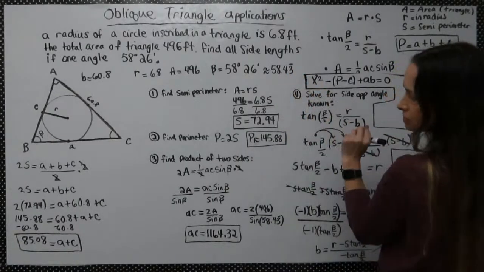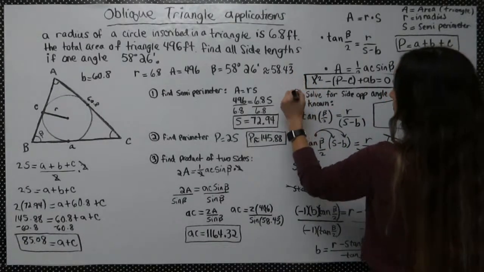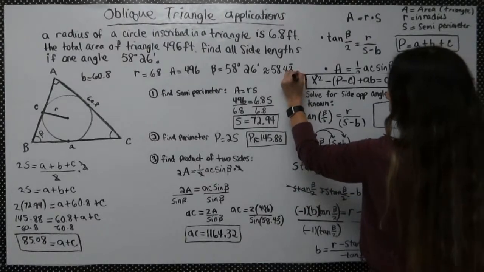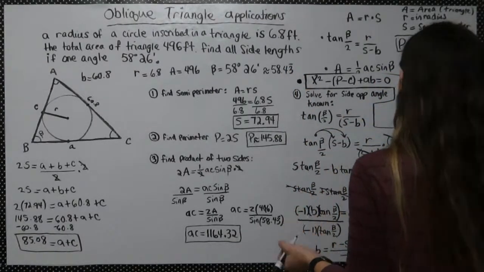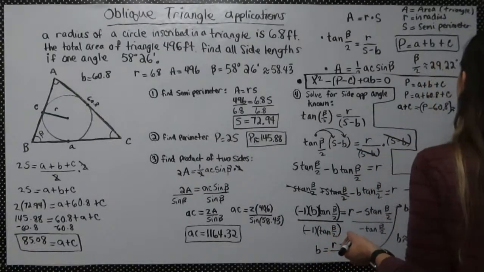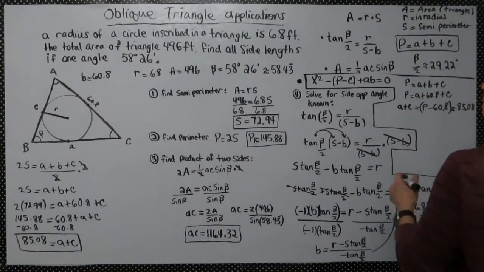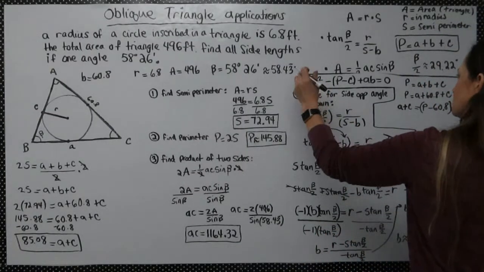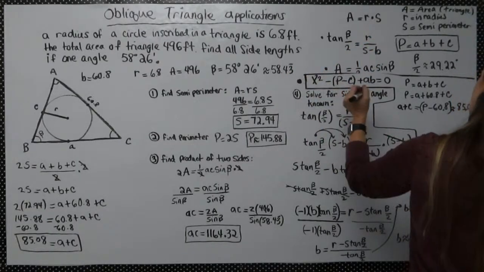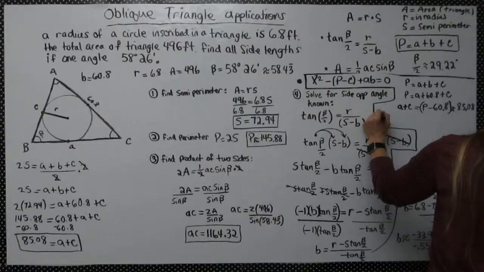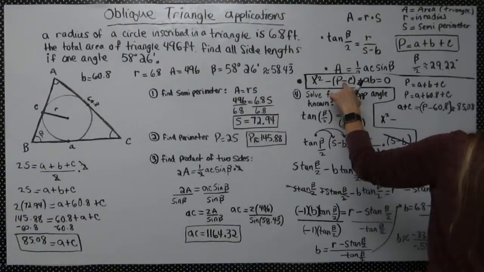And this was for step 5. That was 4. So step 5 was to find the other two sides. So I can use this formula here. So we'll just say x squared minus P minus C